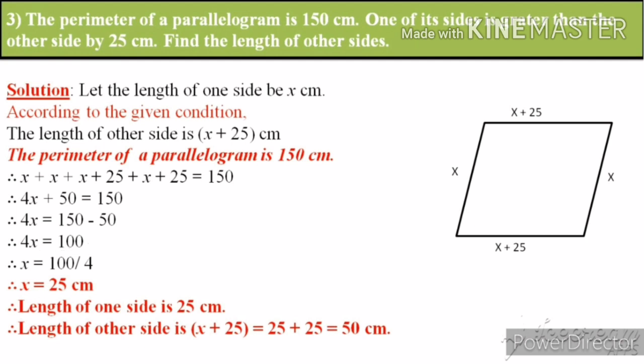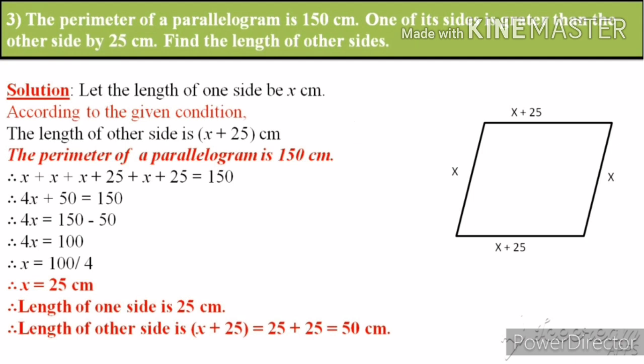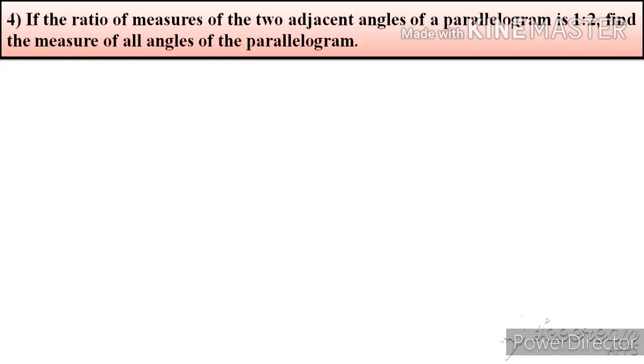Now students, the 4 is in multiplication, so it will go to the right side and become divide. 100 divided by 4, we get 25. Therefore, x is equal to 25 centimeters. The length of one side is 25 centimeters. The length of the other side is x plus 25, that is 25 plus 25 equals 50 centimeters. Now students, question number 4 is,